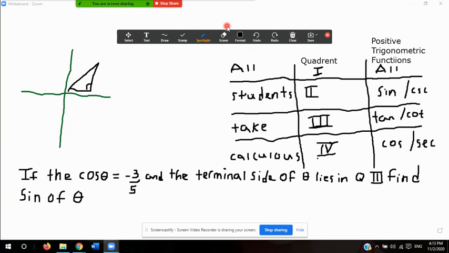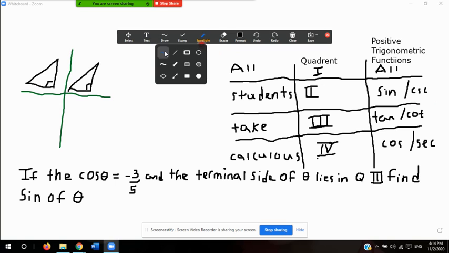So what that's trying to say is that if I have a triangle which is located in this quadrant right here, quadrant 2, then that means that all the trigonometric functions are negative except for the sine and the opposite of the sine,